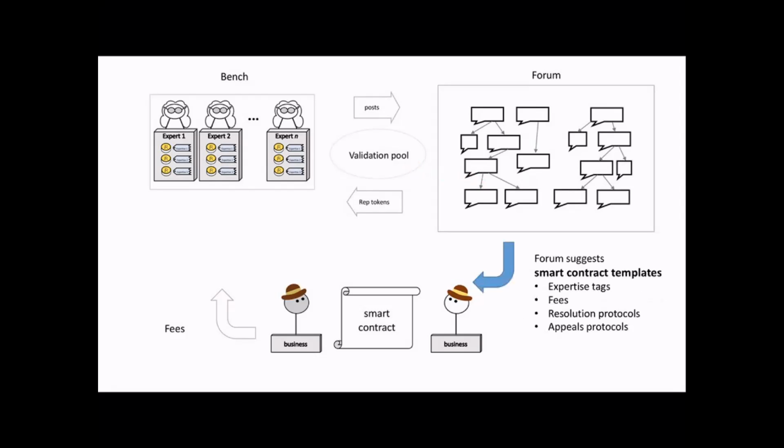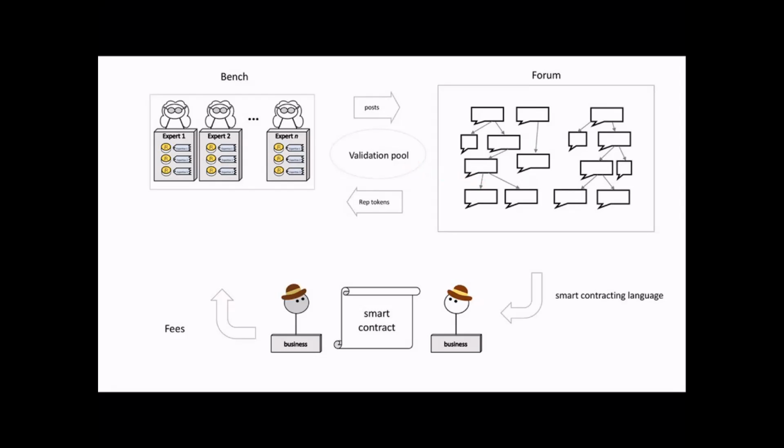In this example, the forum, is that just data in this representation, or is that people? It's a list of posts, but it's not just a list of posts. There's a smart contract that goes along with whether or not they've been validated. So it's a list of posts that have also been voted on, is what we're going to get to. That you can tell whether it's a good post or a bad post, like a Reddit upvote or a Stack Overflow thing, where you use your reputation to say, yeah, that was a good post. Okay. But we're going to make it meaningful.